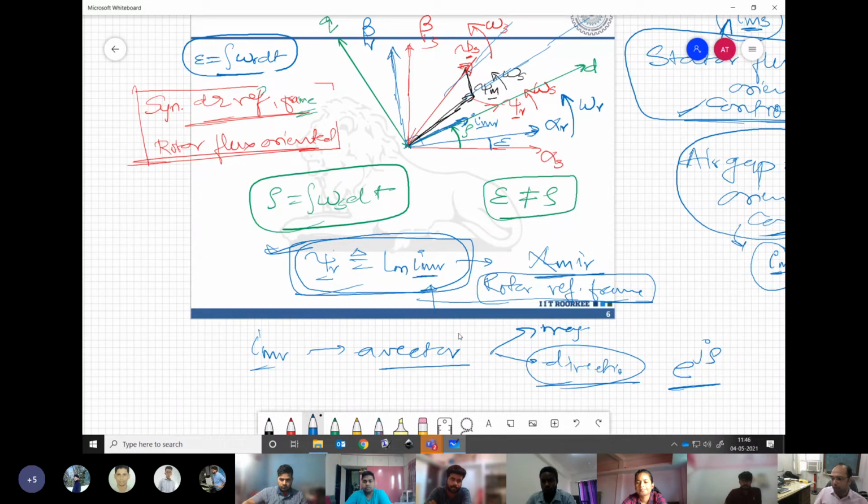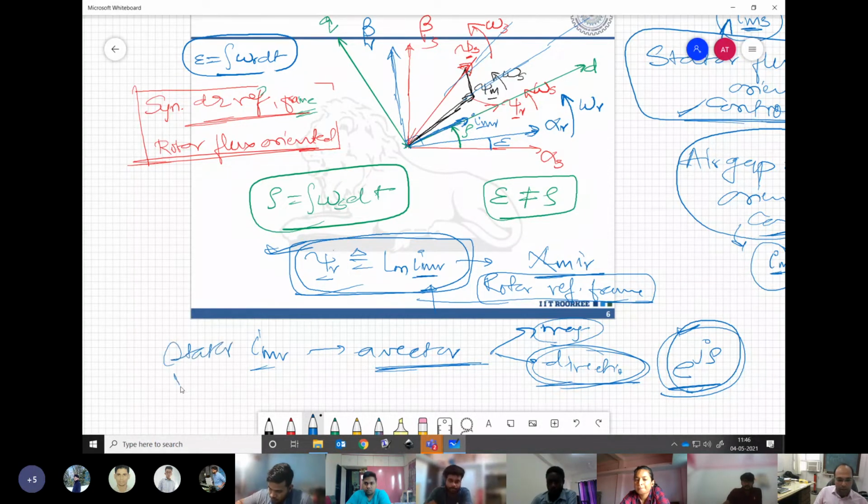Finally, in any reference frame, IMR is a vector, right? There is no problem in that. A vector has two components, magnitude and direction. And if we look from our stator reference frame, the angle made by this vector is rho. So we know the orientation of this vector can be defined as e raised to the power j rho in the stator reference frame. Any problem in that? No, sir. So this we are seeing from the stator reference frame.